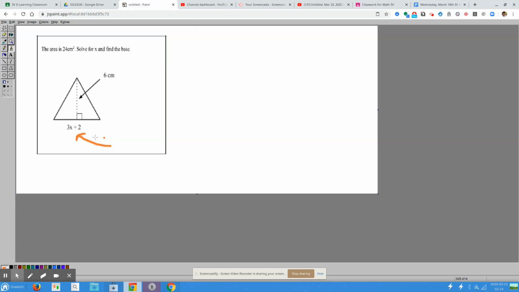The dimension that I've just pointed to is the length of its base. As it's written, the length of the base is 3x plus 2, but if I use algebra and write an equation using the information that I have, I can determine what x is, and then I can determine the length of this base,